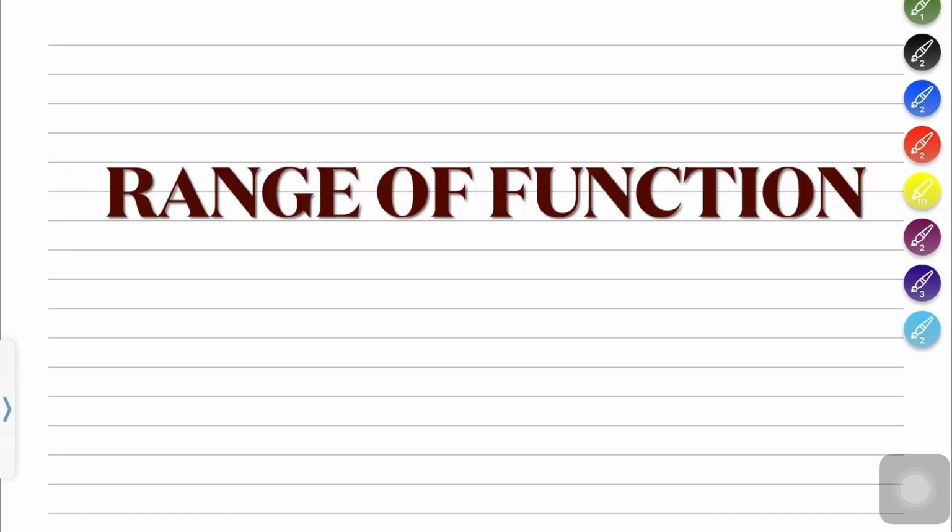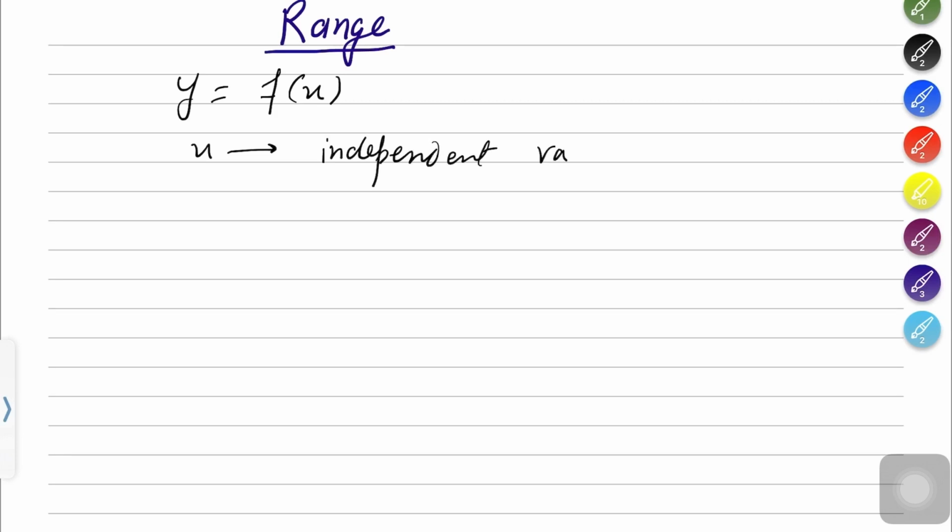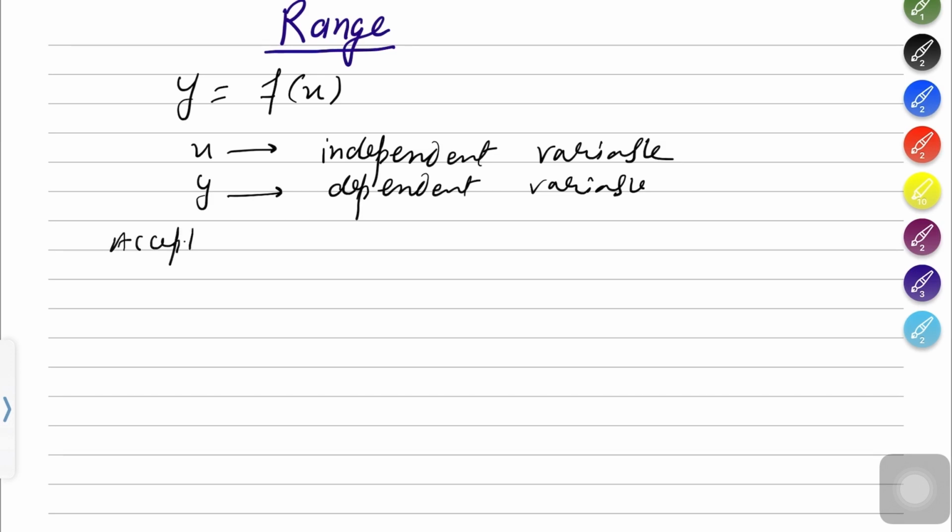We'll see the range of a function, range of any function. So if we have any function, let's say y equals f(x), this x is basically called the independent variable, and this y is basically the dependent variable. So the acceptable values of x are called the domain,